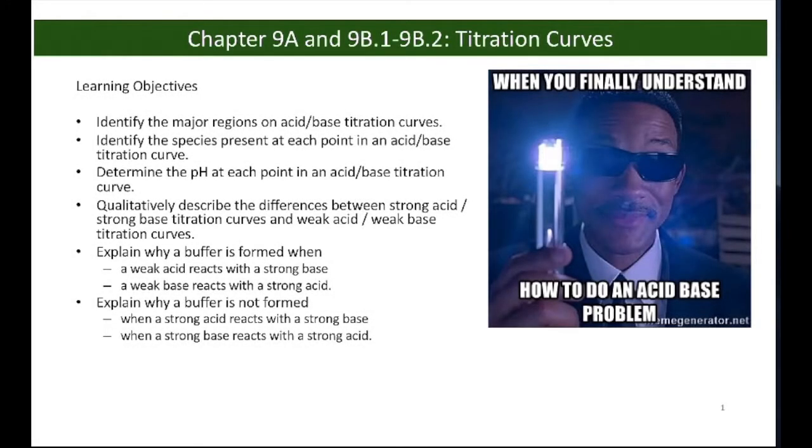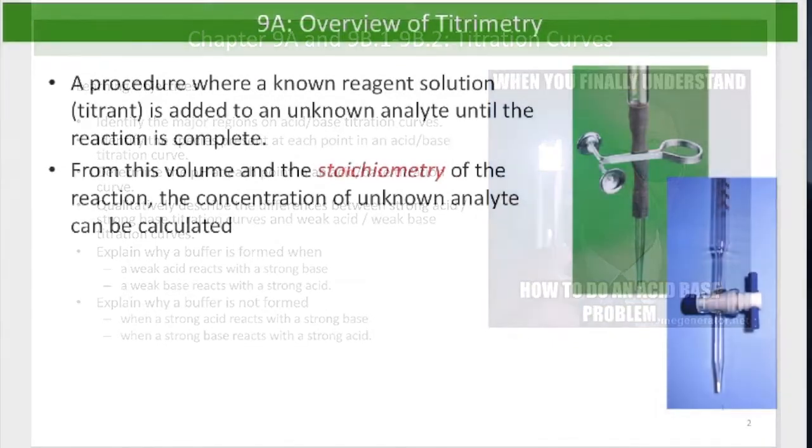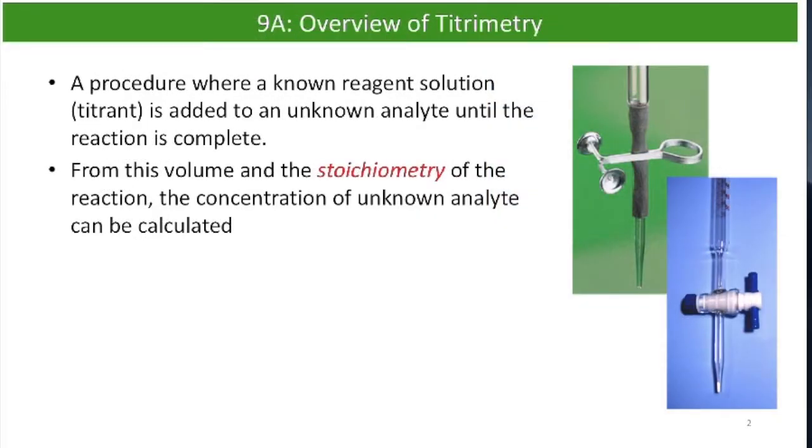In this video, I'm going to start with a review of titrations and titration curves, and then we're going to go into some calculations based on titrations. So a titration is a procedure where a known reagent solution called the titrant, for example the sodium hydroxide in the KHP experiment, is added to an unknown analyte until the reaction is complete. And because we know the concentration of the titrant, we can use the stoichiometry of the reaction to determine the